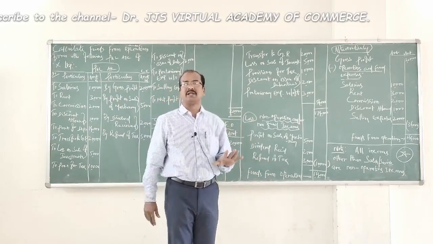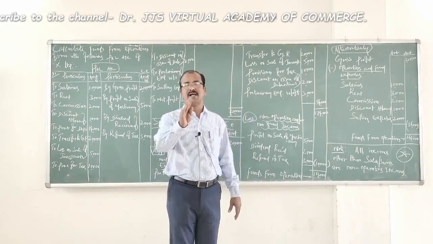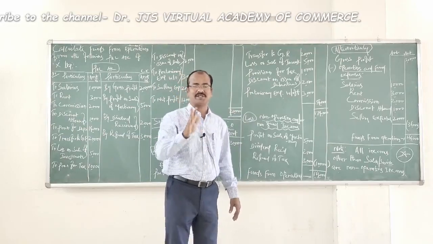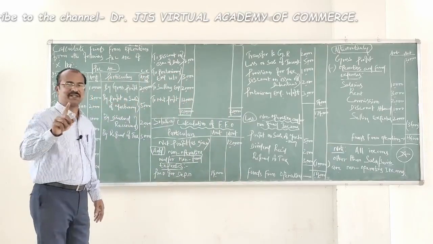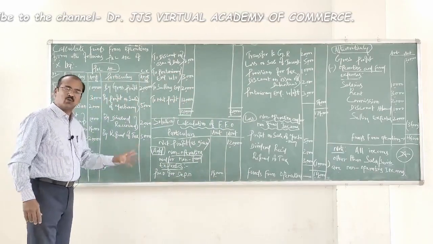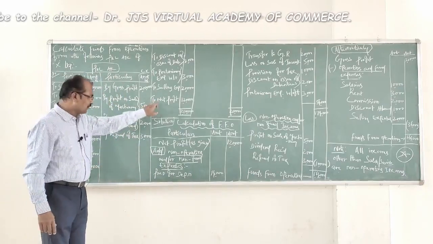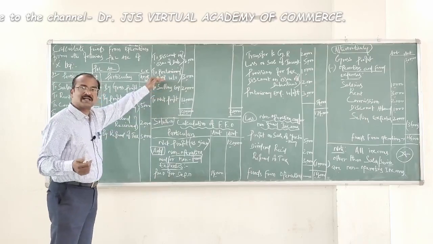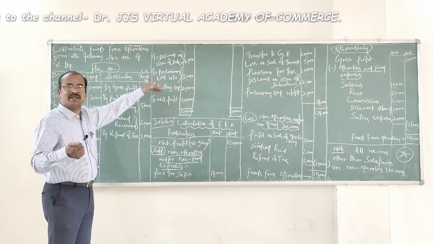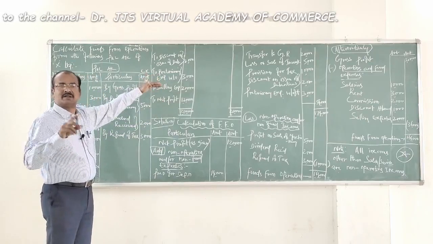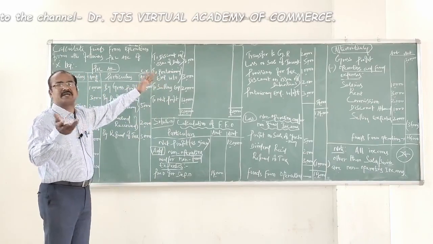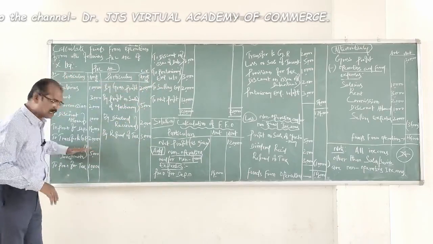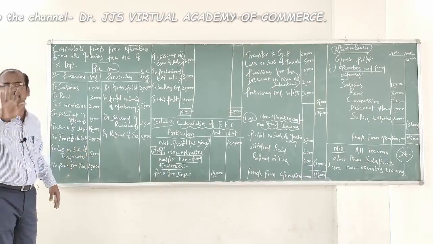This is a popular method of calculating funds from operations. Let us quickly get into another simple method of calculating funds from operations. Now, before I take you through the second method, let us quickly understand what we have done in the first method. We have taken net profit as a starting point, gone back to do certain corrections. The corrections could be adding back a few items, then deducting a few items in order to calculate the funds from operations, which lies in between gross profit and net profit in the middle of the P&L account. This is what we have done in the first method.